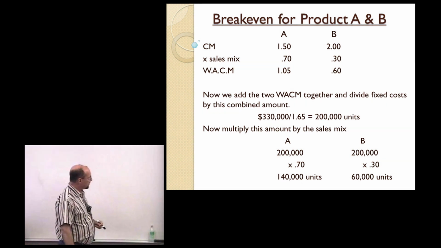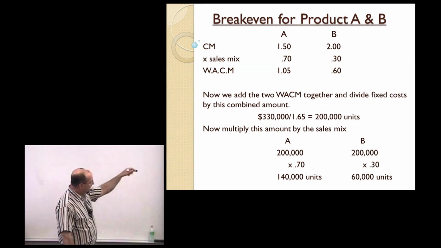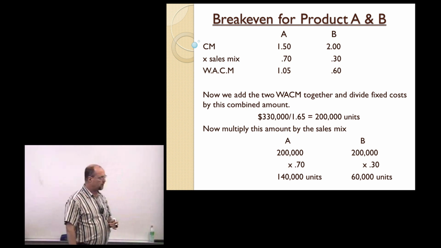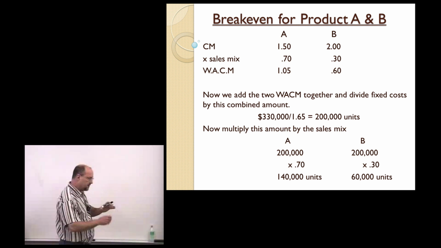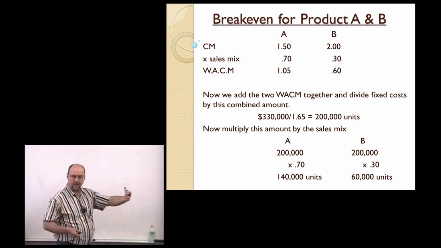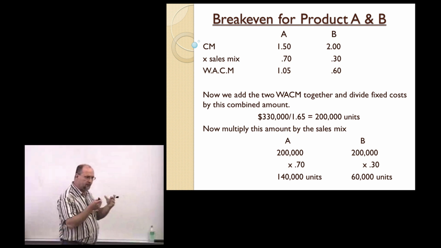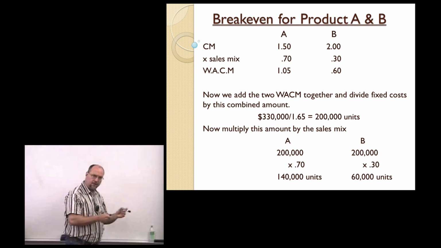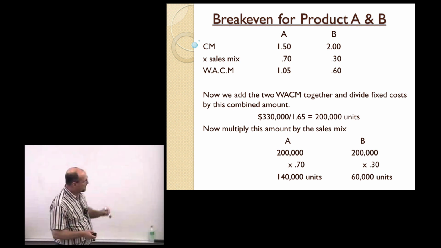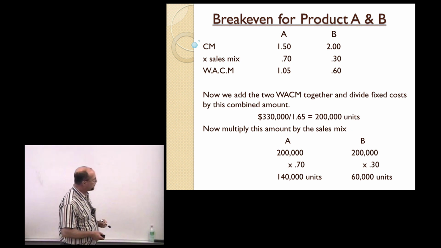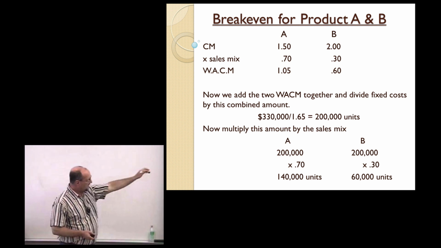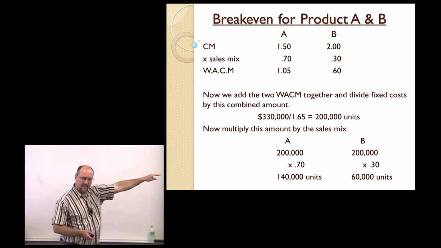Contribution margin times sales mix percentage gives us WACM, which is simply the weighted average contribution margin. Your book presents this as product E or gives it a new letter. This is simply a weighted average contribution margin when you blend the 2 products given the 70-30 mix. So $1.50 times 0.7 is $1.05. $2 times 0.3 is 60 cents. Now add them together and the weighted average contribution margin is $1.05 plus 60 cents equals